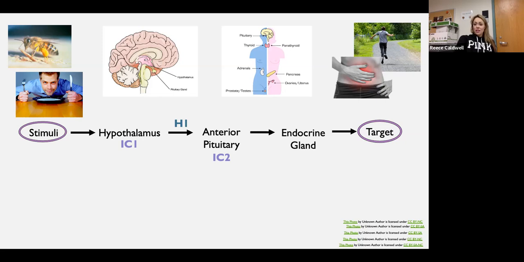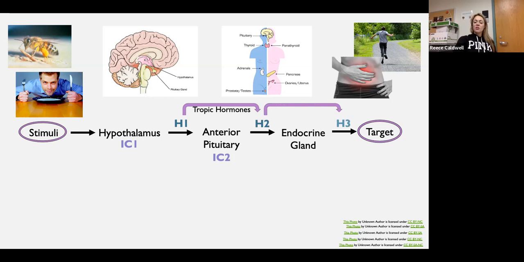So I've been saying signal for the most part. The hypothalamus releases a signal to the anterior pituitary, which releases a signal to the endocrine gland, which releases a signal to some target tissue. When I say signal, what I really mean is hormones. So let's go ahead and add this now. Our hypothalamus will release hormone 1. And that hormone 1 will be sent to the anterior pituitary, which will release hormone 2. Hormone 2 will be released from the anterior pituitary and travel to our specific endocrine gland, which will release hormone